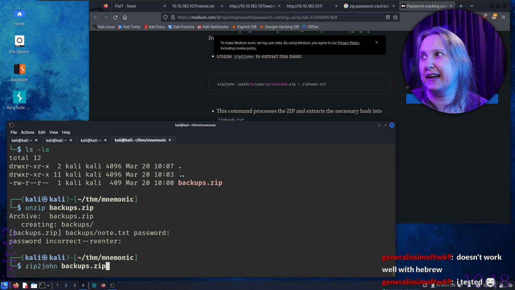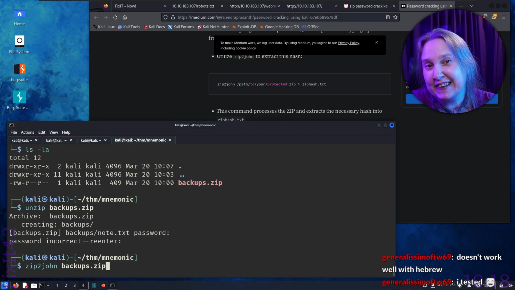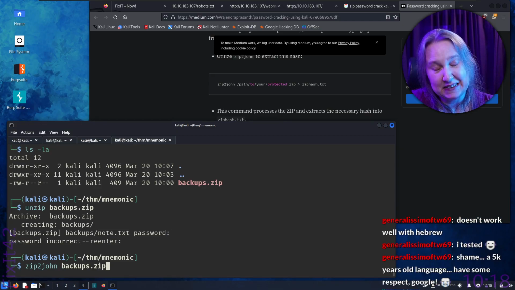Okay, so it's bad. Google Translate is not good at Hebrew. That's sad. Yeah, you'll have to tell Google to fix that then. Well, what better way to practice English than to actually speak it?